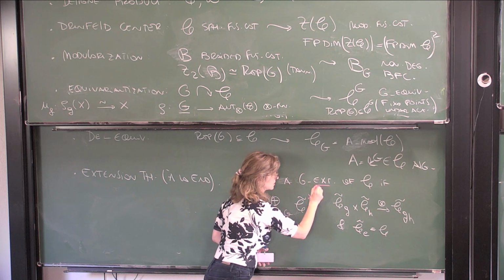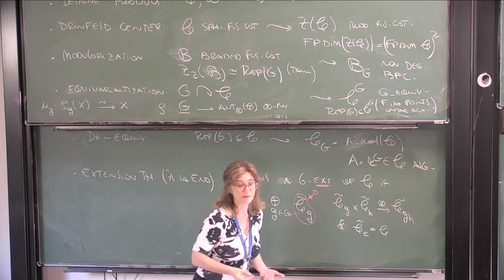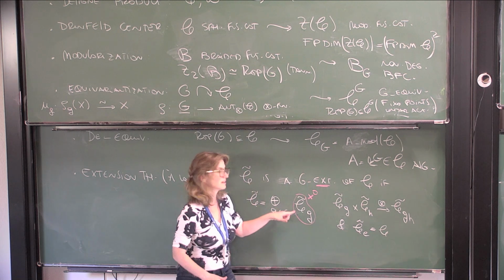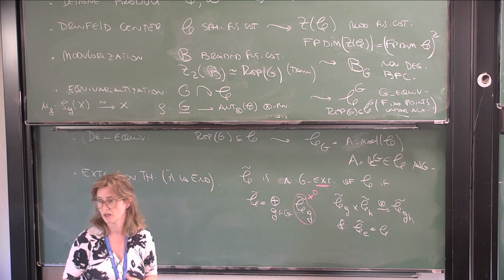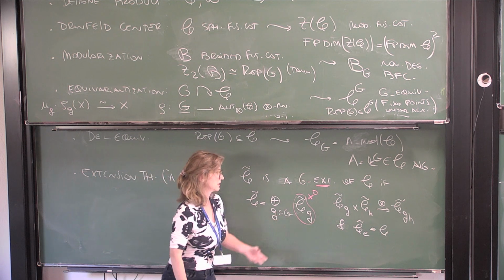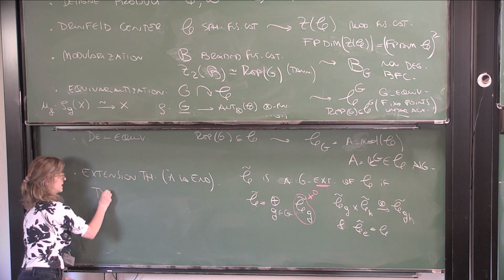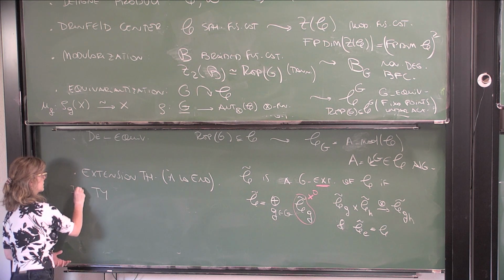And for being an extension, I want all these components to be non-trivial. Basically, what I want is that really this group G is grading my category, not a smaller one. I want all the components to have a nontrivial relation with G. So for example, remember yesterday I told you about Tambara-Yamagami, and we said who are the simples here.